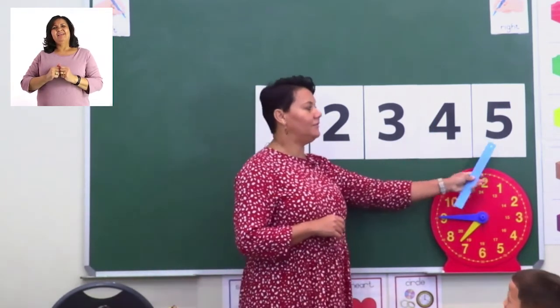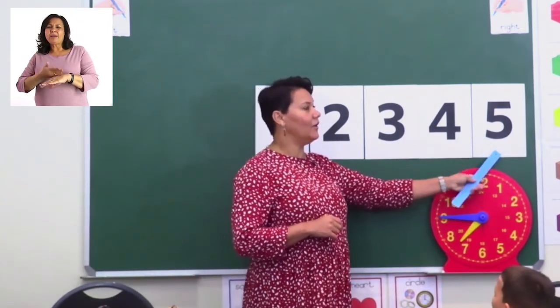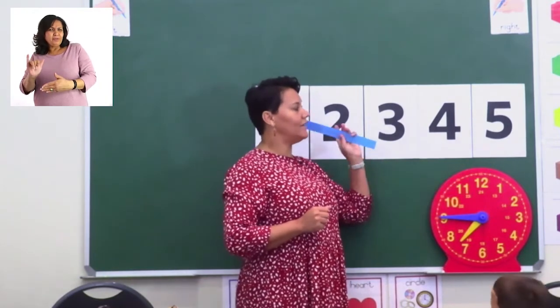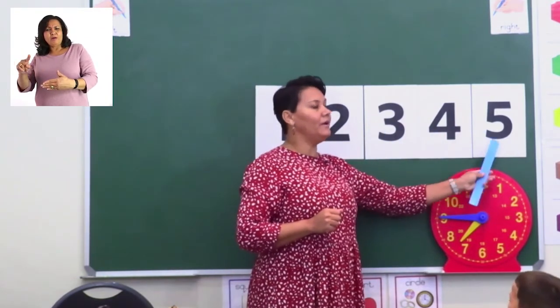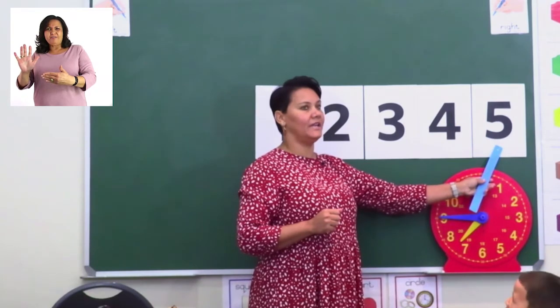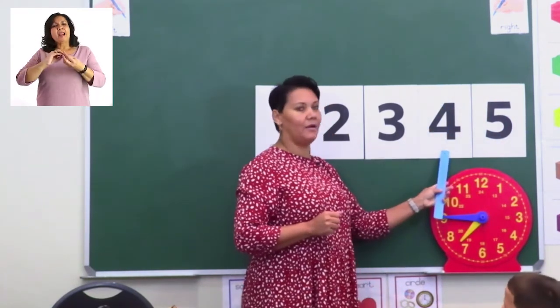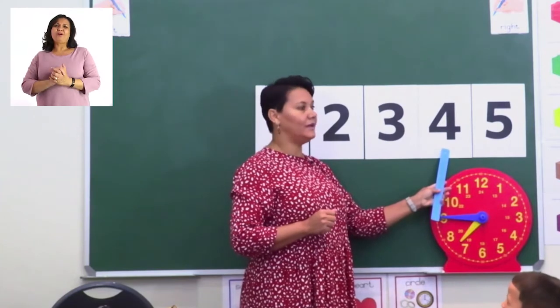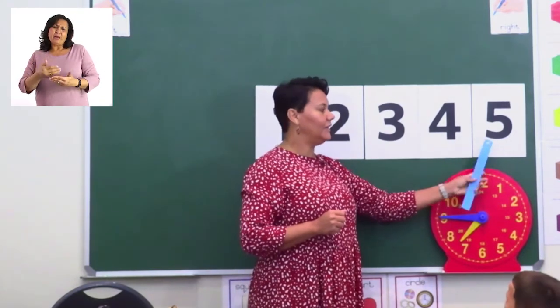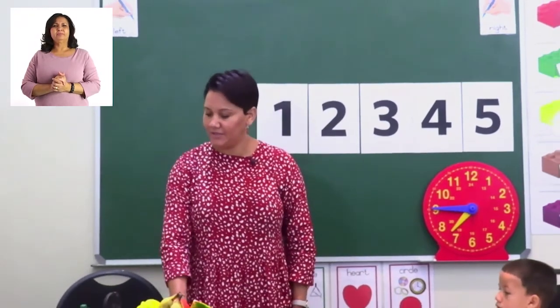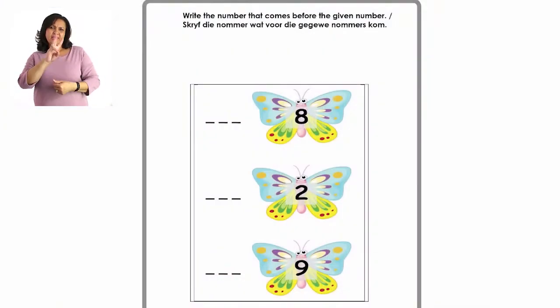Let's look at number 5. If we think of what previous number comes before 5, if we count down the line, before we come to 5, what number do we say before we come to 5? We would look back and say it's number 4. So what comes before the 5? It's number 4. Now, if you move to page 30, you'll see on page 30, look at the butterfly, number